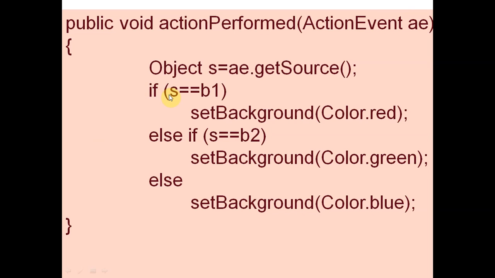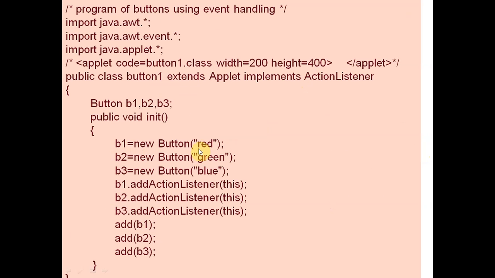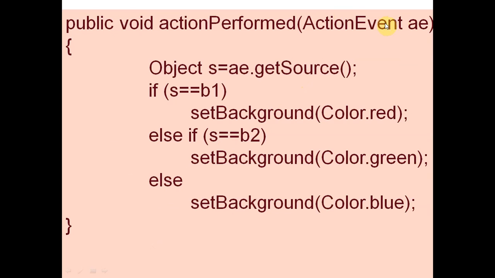Then in the next line we have written if s == b1. The activity which we have done on the button will be transferred to s. Suppose we have clicked on the b1 button. So the ActionEvent will record ae.getSource() as b1, and b1 will be transferred to s.